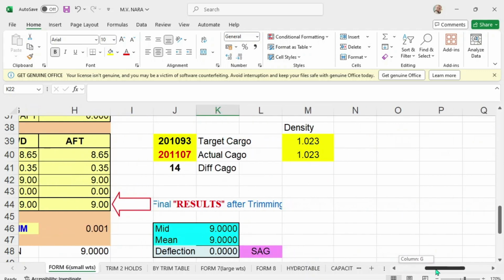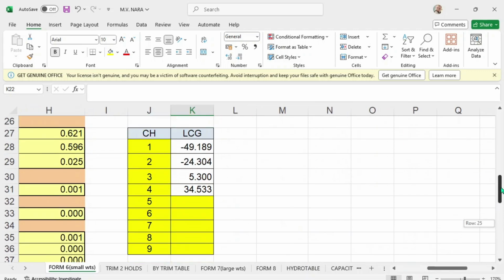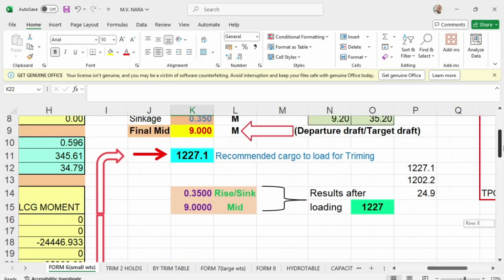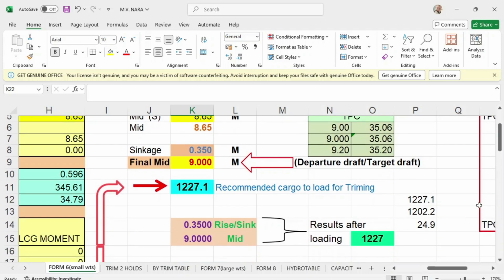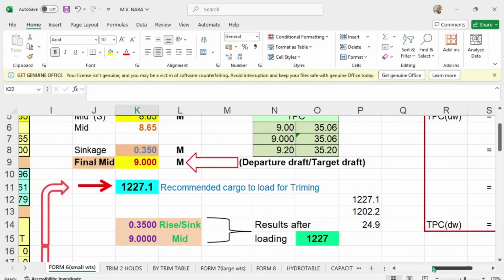Okay, let's see the difference, guys. You have here the difference.